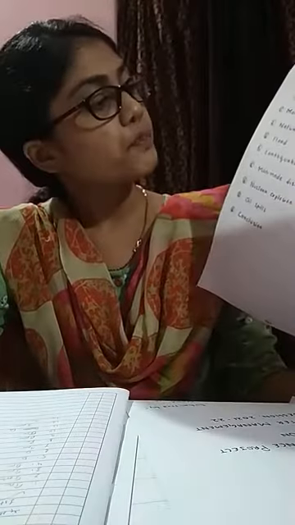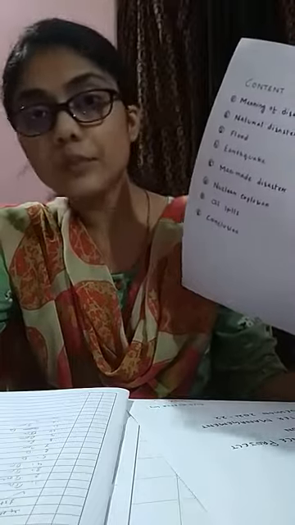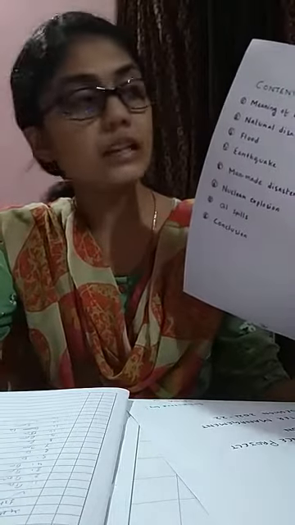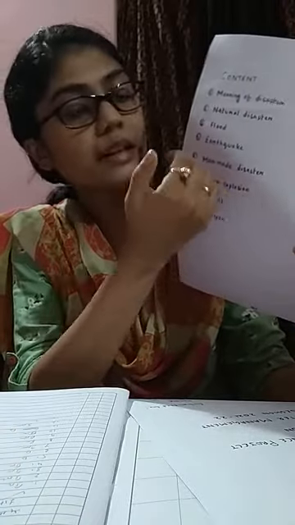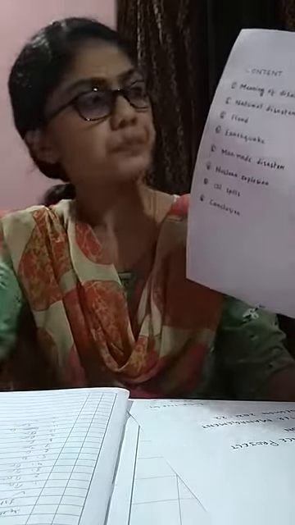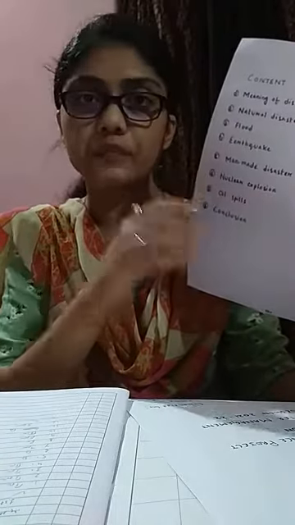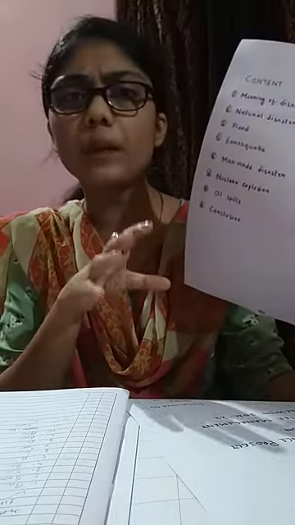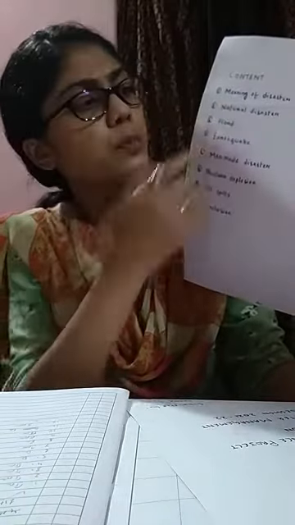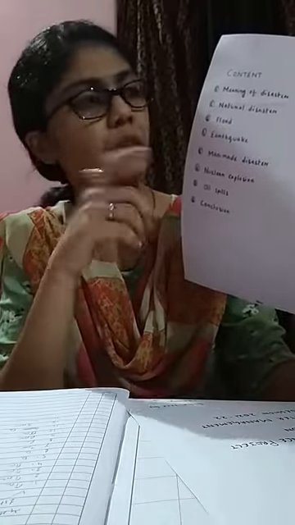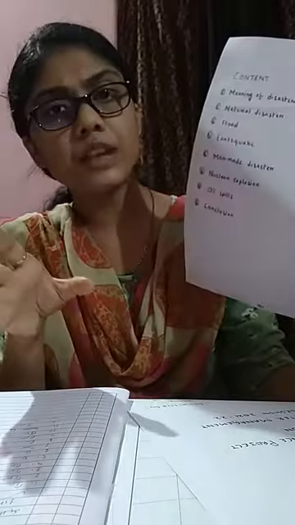After that, it is natural disaster. Disasters are basically of two types, natural disaster and man-made disaster. So the next point can be types of disaster, and under that you can write natural disaster and man-made disaster. After you write what a disaster is, write one or two paragraphs on it. Then on the next page you will write a paragraph or two on natural disaster.